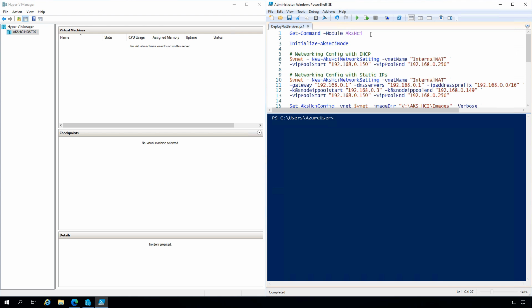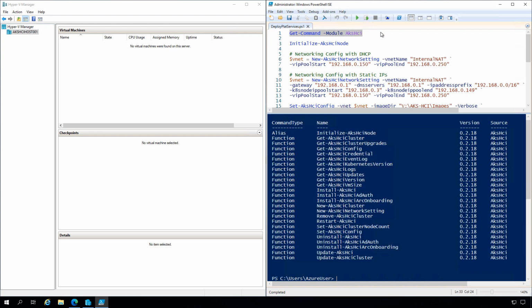And on the left, I've got Hyper-V Manager. It's a little bit small, but throughout this whole process, you'll see VMs start to be deployed as commands are executed and processes are completed. In this first one, you'll just see a single VM be created. So what we're going to do first is just run this get command so you can see some of the stuff that's actually been installed as part of the module installation for the PowerShell modules, and you'll see a number of different functions there.